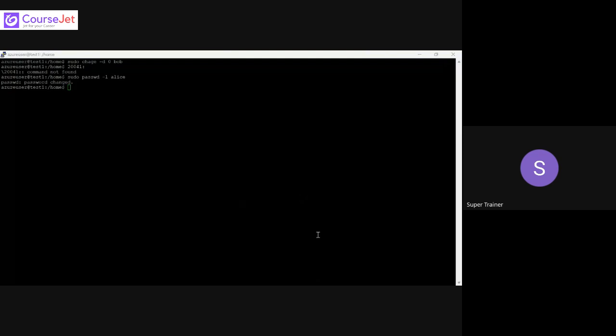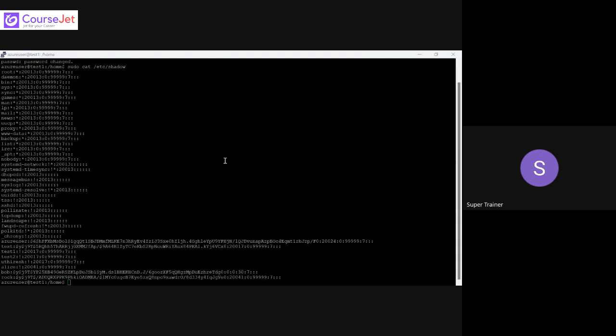Already we saw what information is available in /etc/shadow. First, it says there are 8 fields actually. So the first field is